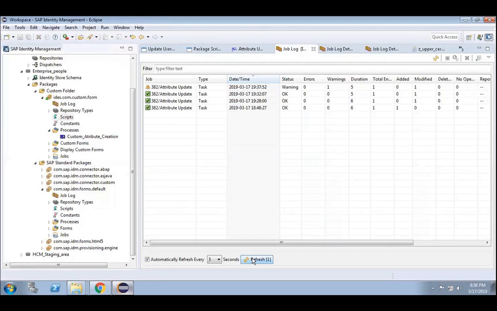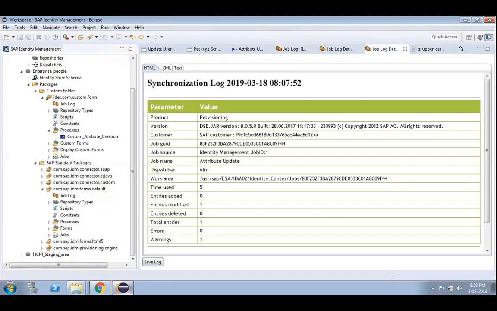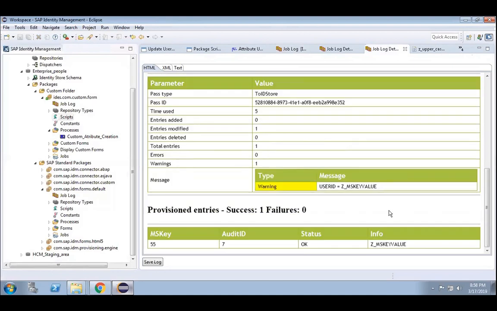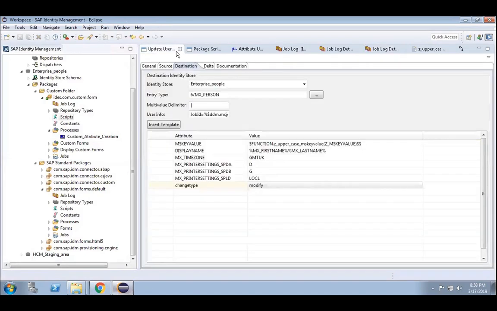Warning. Yeah, warning, because I set up a warning message. User ID is showing. That's the mistake that I am doing.